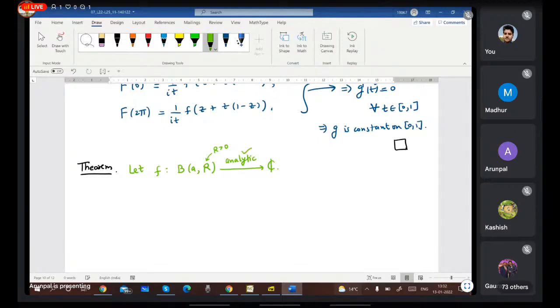Class, very simple, only this is given. Then the result says that for all z in this ball,